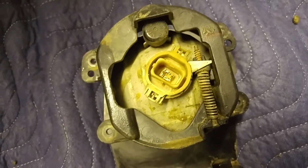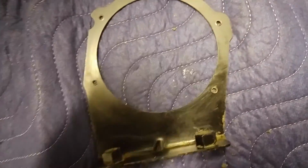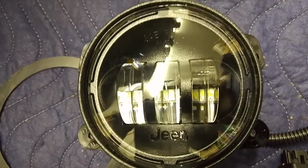We're gonna undo these 4 screws, 2 on each side, pop out the OEM fog light, and put in the new LED. Okay, so we've undone the 4 screws on each side. Now we can remove the OEM fog light. There's our AEV bracket, and then we have our new Mopar JW Speaker LED fog light,